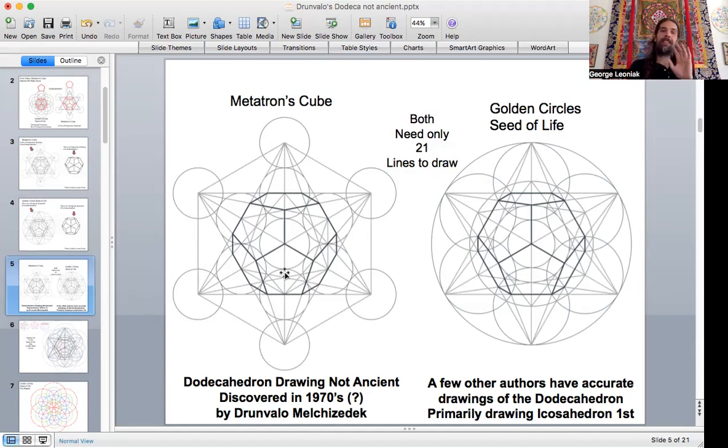It's not something that is going way, way back there just because the Egyptians and this flower of life diagram has been shown to be present in many other places and in many other cultures throughout history. Doesn't mean that they were all drawing this dodecahedron. It was really something that was discovered quite recently, and it looked like it fit.